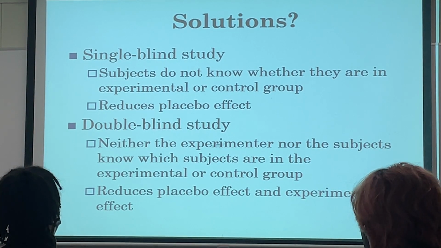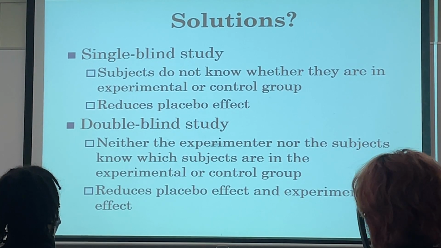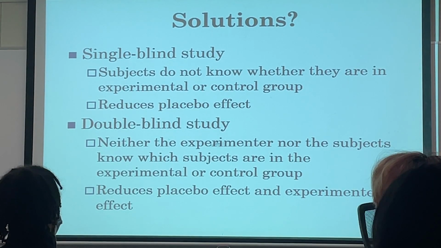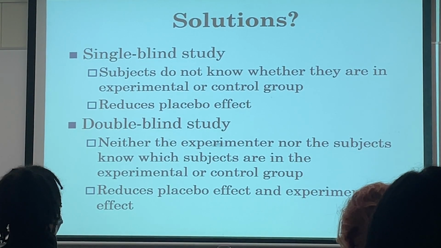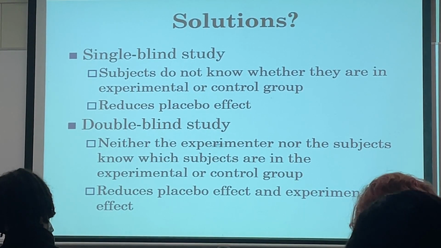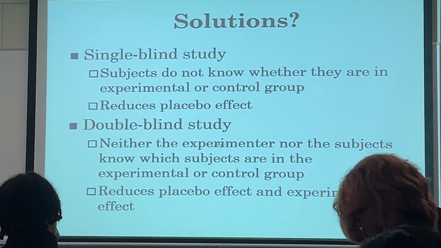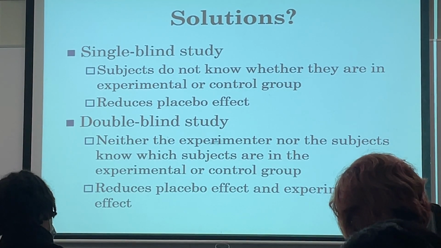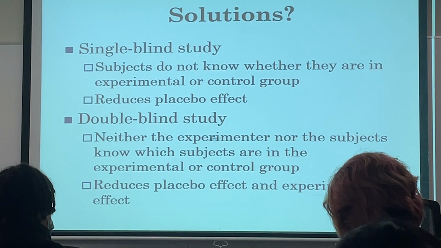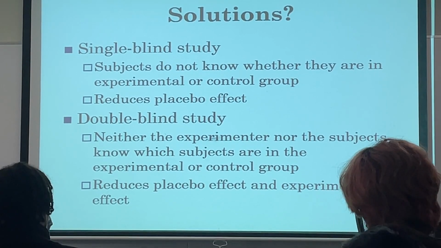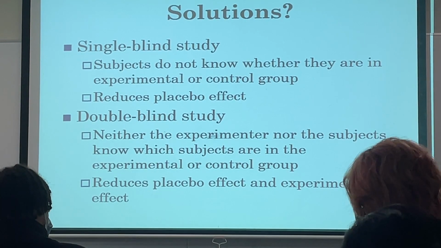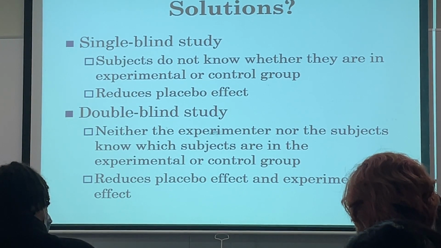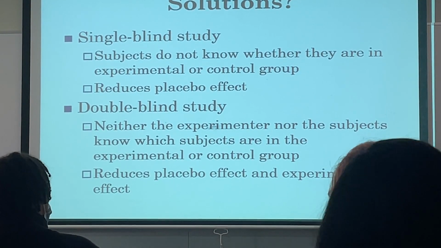So, how can we deal with this? We blind the study. You call it a blinded study if one or both of these is true. A single blind study is when the participants do not know what group they've been assigned to. When you participate in medical research, they'll tell you you will either get this, that, or the other, but they don't tell you which pill you're receiving. You don't know if you have the drug or a placebo, right? This reduces the placebo effect because you can't know. However, this does not reduce the experimenter effect.